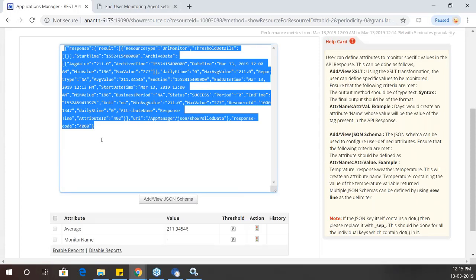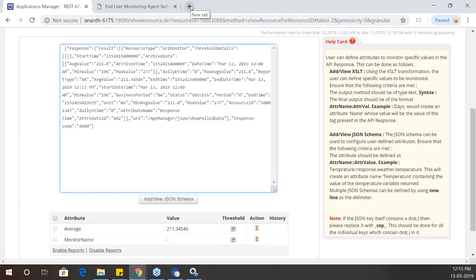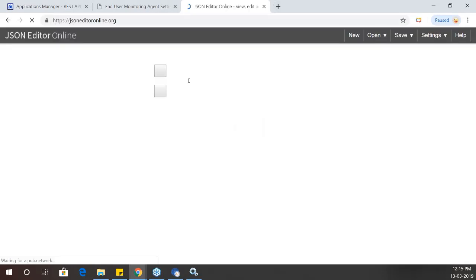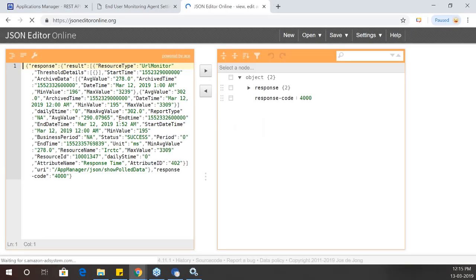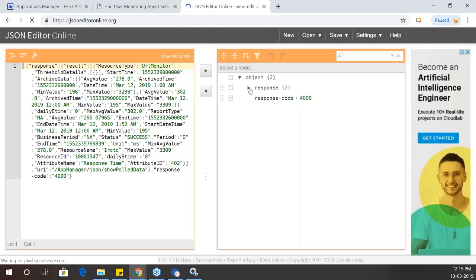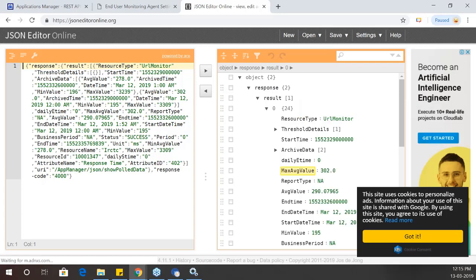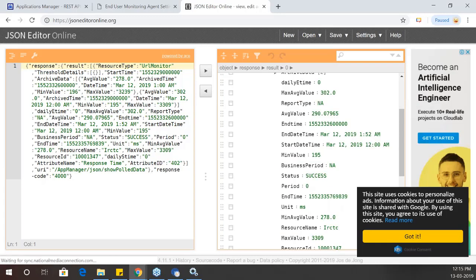This is just an example. You can use any online JSON editor and simply paste that response here, and you can expand the specific tab and check the result, and you can find the attributes which are already displayed here. So based upon these attributes, you need to note the array value here,